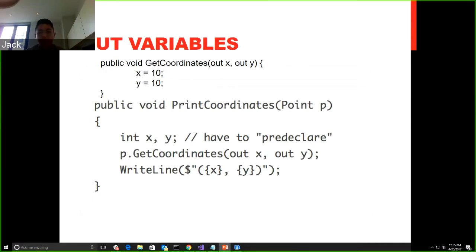So what out variables are basically variables that you can pass into a parameter or a type or generic and have a reference to a certain variable. So for example, we have here public void GetCoordinates, which is a method that passes out x and y. And inside of this method, we define x equals 10 and y equals 10. So now if we go into a different method called, for example, PrintCoordinates, Point p, and we were to call GetCoordinates with the variables out x and out y,